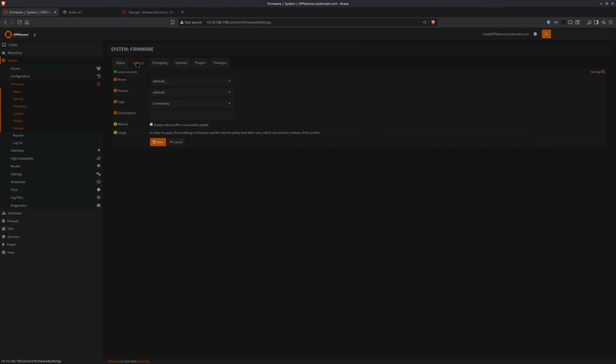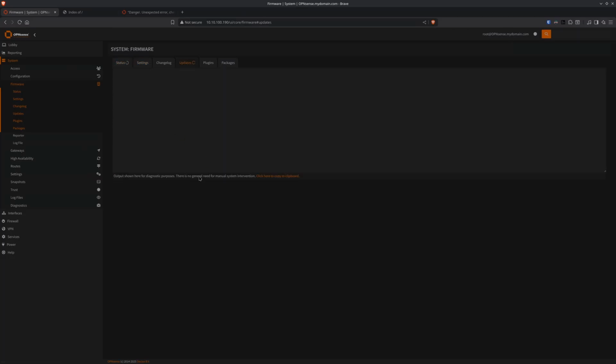If you go to System, Firmware, Settings, you'll see there's a checkbox for Advanced Mode, which brings up this flavor option. If we set flavor to Custom, and enter the major version number, followed by /mint, followed by the minor version number, followed by /latest, that should pin you on the version. Now we can validate this works. So if I click Save,